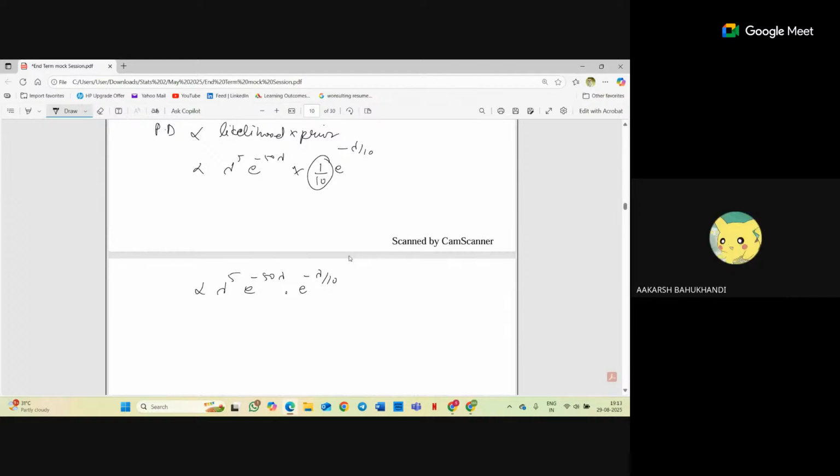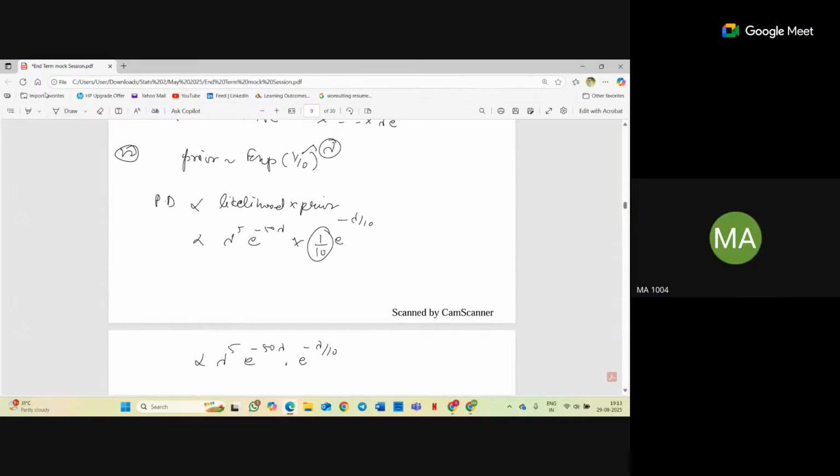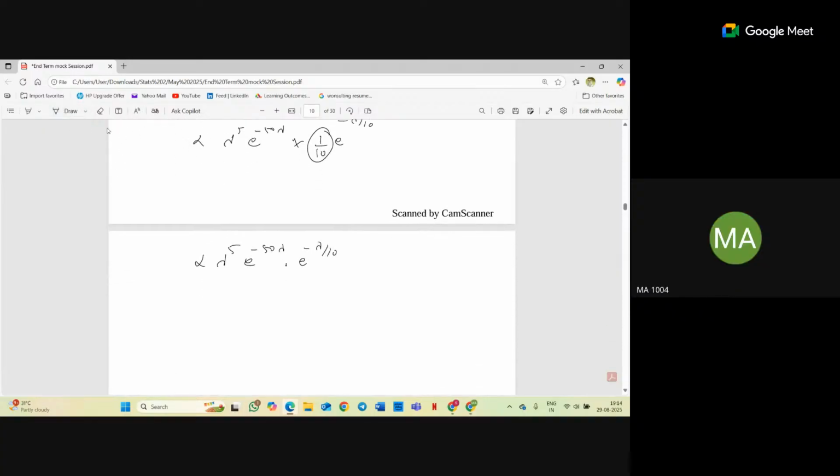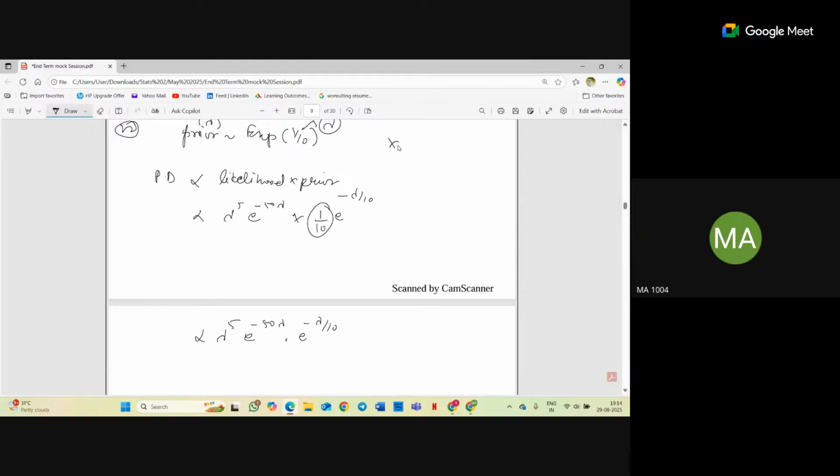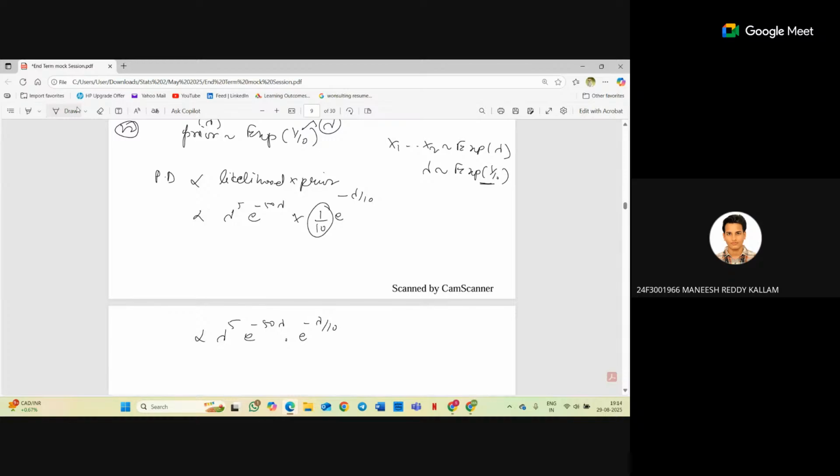It's because it is the prior for lambda itself. This is the lambda. When we are doing Bayesian estimation, I have a sample which is following an exponential with parameter lambda. Now, this lambda is following some distribution, which is exponential 1 by 10. Got the point? Ma'am, she's saying that in place of 1 by 10 times e to the power minus lambda by 10, that lambda should be minus 1 by 10, right? She got the point. So what she is basically saying is, we have lambda e raised to the power minus 50.